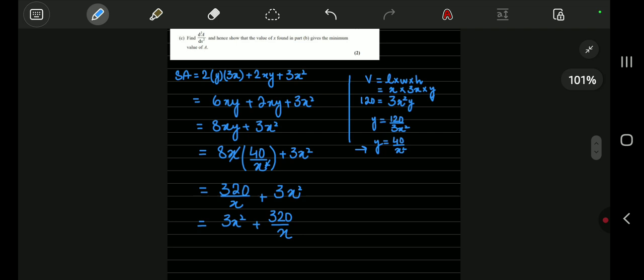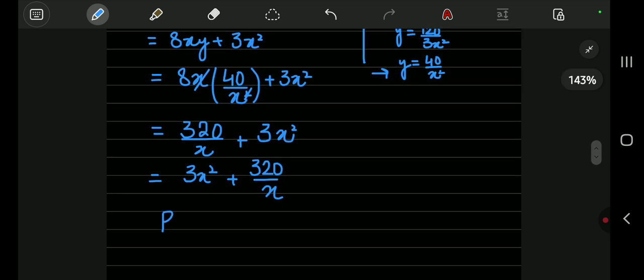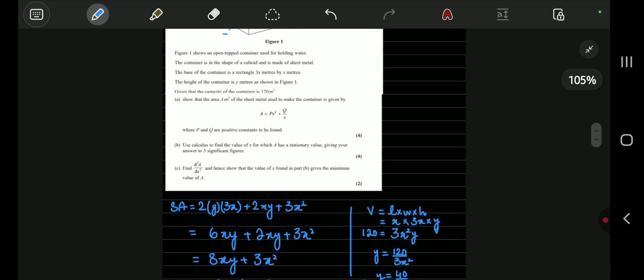So that means that your p is 3 and q is 320. Okay, that's all. Now look into